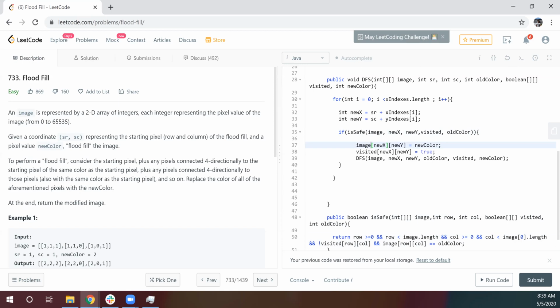Yeah, I think that makes sense. You can use a visited array, right? Anyway, you're modifying the old color to the new color. So yeah, no need of checking the visited array. He's telling that we don't need to use it, because we are already modifying 1 with 2, right? So you don't need to keep track of a visited array. Yeah, that could be another way of doing it.